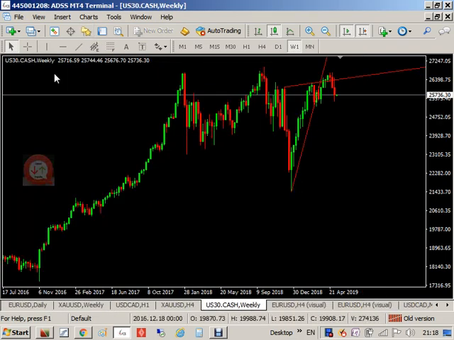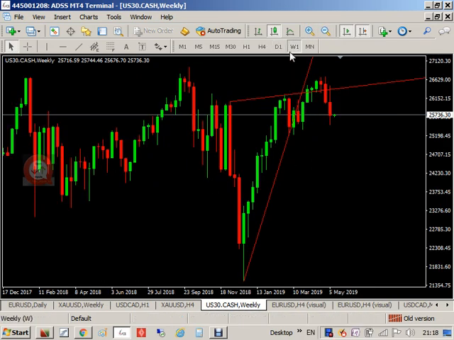Okay, so we see the red lines. As you see here, this is the weekly for the Dow Jones, breaking down, as this one here, breaking down 1 week, then went up